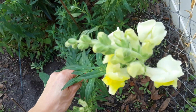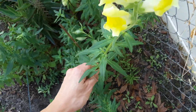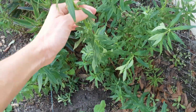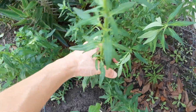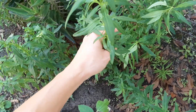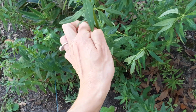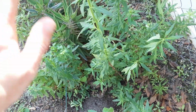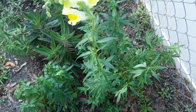So I'm feeding once a week with my Miracle Grow all-purpose nutrients for flowering plants and veggies. Once a week at full strength, that full tablespoon. And they're doing really good. They're really appreciating it. So I like to stock them up at this point because you can see how lanky they get. And then I haven't watered my garden yet because before I water, I really like to mess with